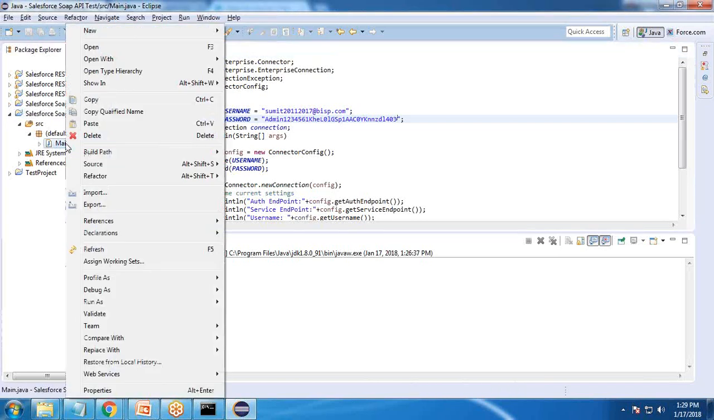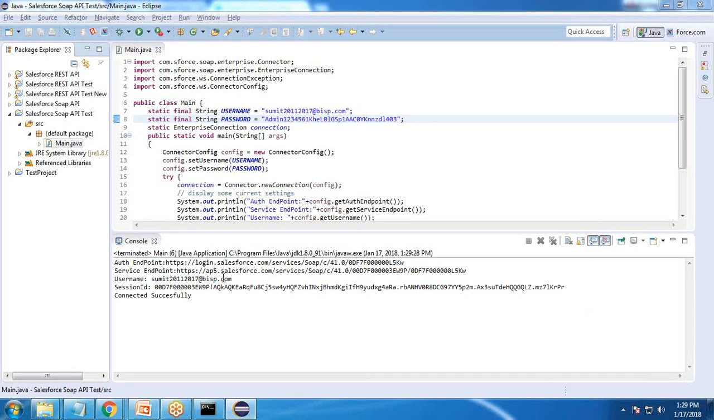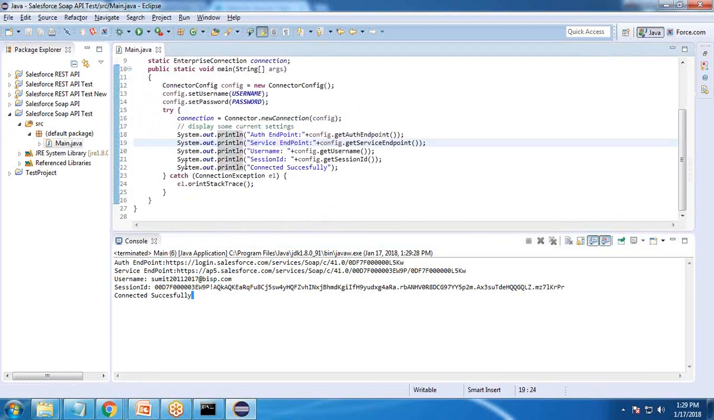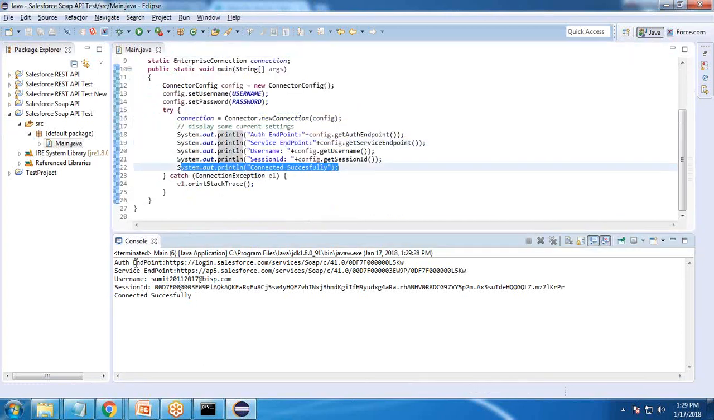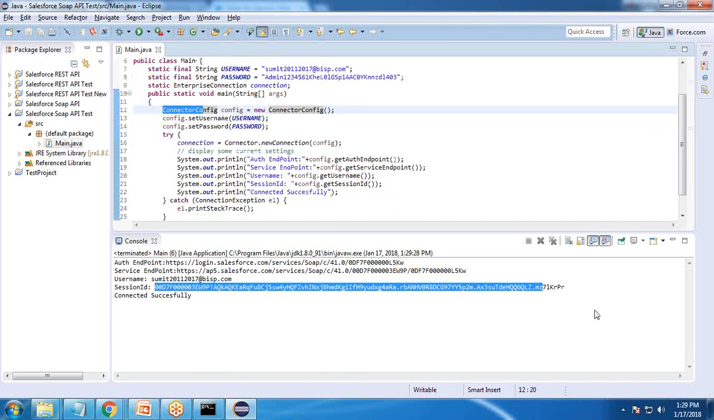In order to test it, I right click on Main.java, run as Java application, and you can see the process has been completed successfully. I'm getting a message, connected successfully, because it's a custom message which I have added. And that's the authentication endpoint, service endpoint, the username is this, and that's the session ID. We pass the username and password to the connector config, and the connector config will test the connection. So this is how we have created a successful connection with Salesforce using Java